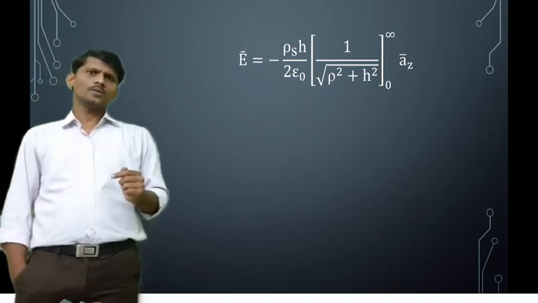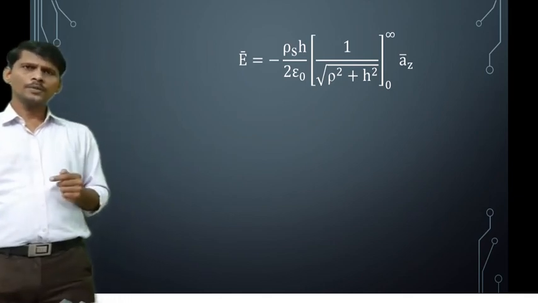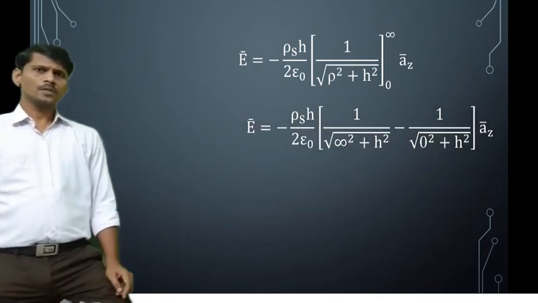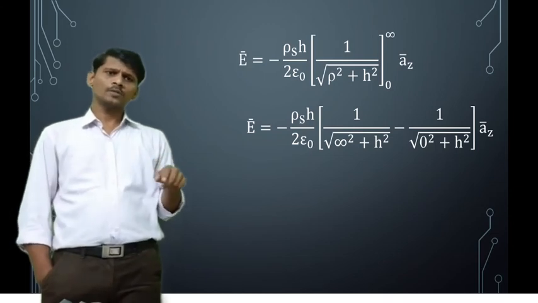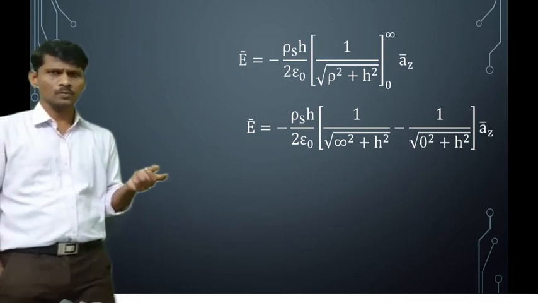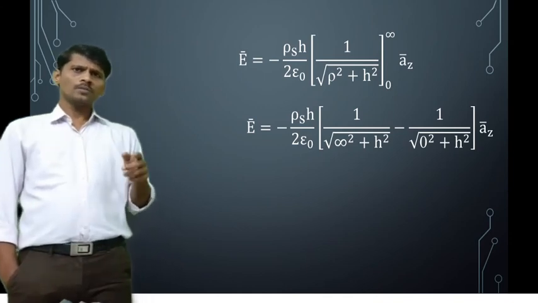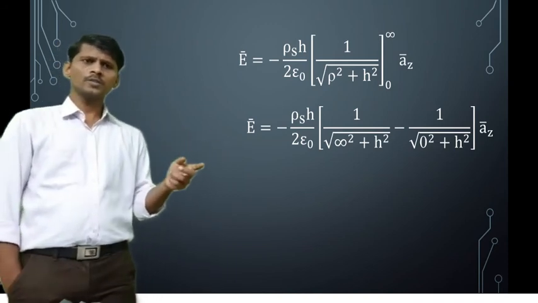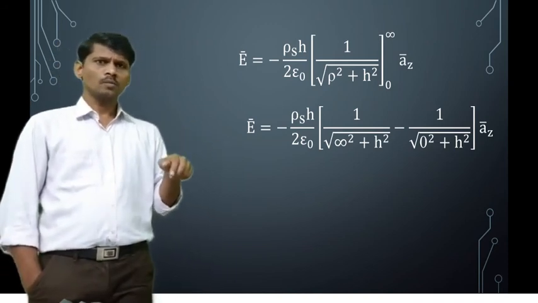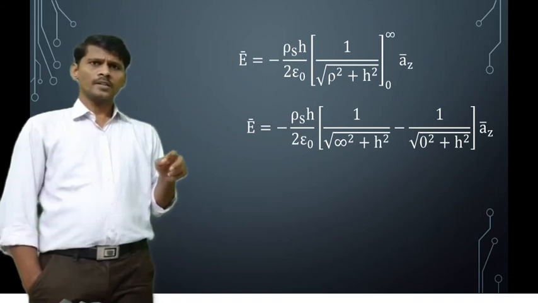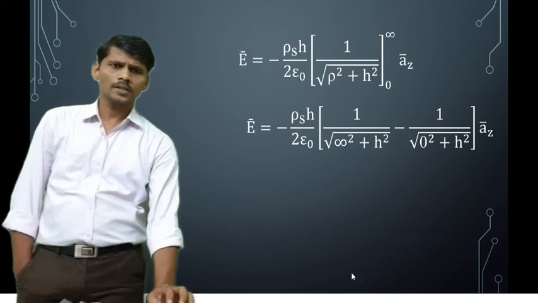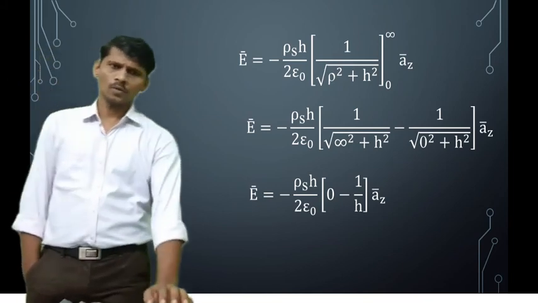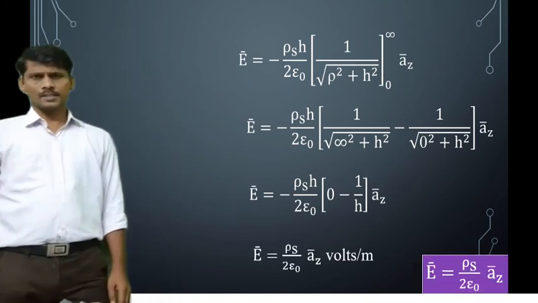Now substitute the ranges. The upper value of rho is infinity and the lower value of rho is 0. First substitute the upper value: 1 by square root of infinity square plus h square. Infinity square plus h square is infinity square, and the square and square root cancel. 1 by infinity is 0. The second term, 1 by square root of 0 square plus h square: 0 square plus h square is h square, the square root of h square is h, square and root cancel, so 1 by h. Before that the negative sign is there, so minus into minus is plus. Therefore, the electric field intensity E bar is equal to rho s h by 2 epsilon naught Az bar volts per